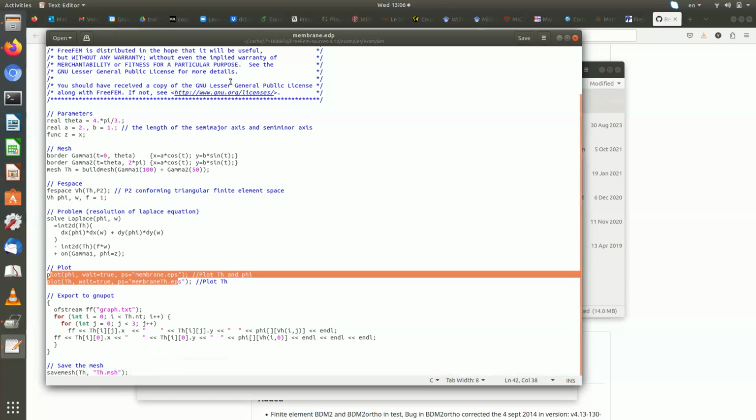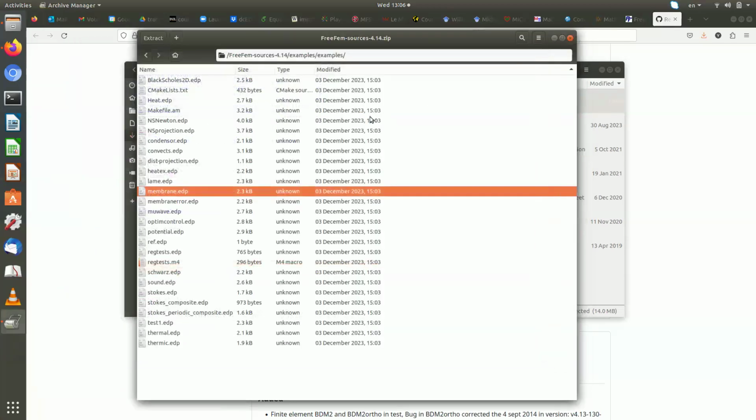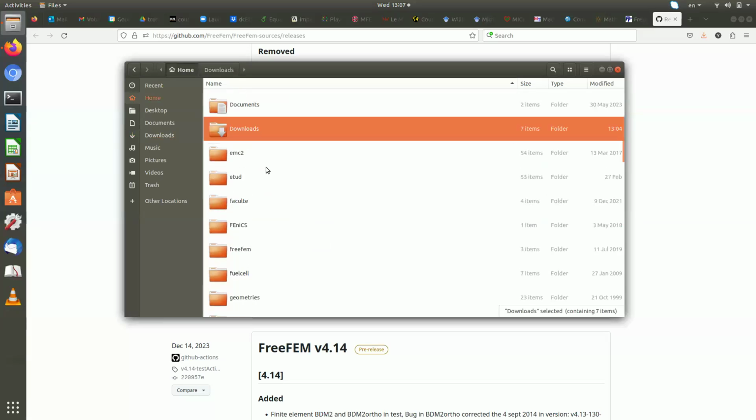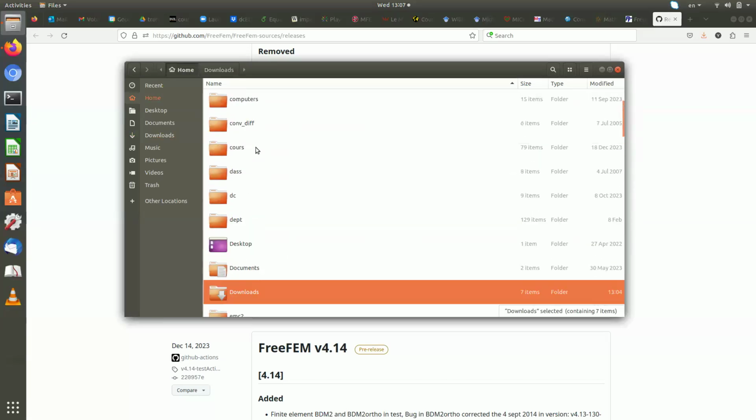Now, what else do you have to look at? Once you get the source, this folder where you have the source, you will need only the examples that are discussed in the textbook. If we go now to the textbook,